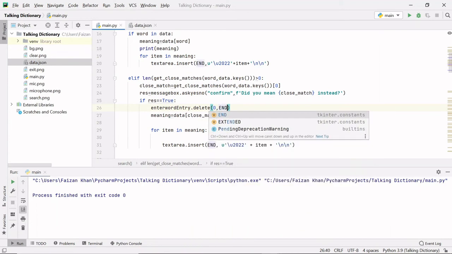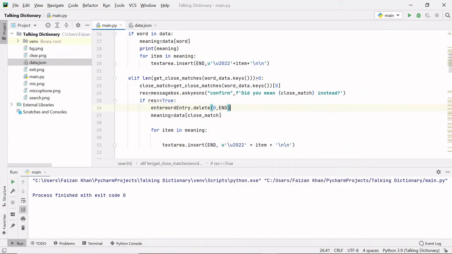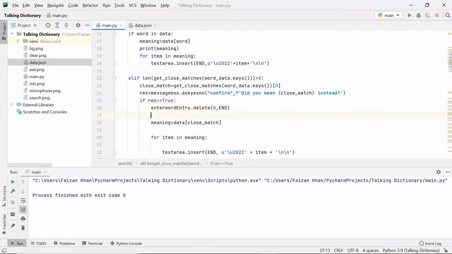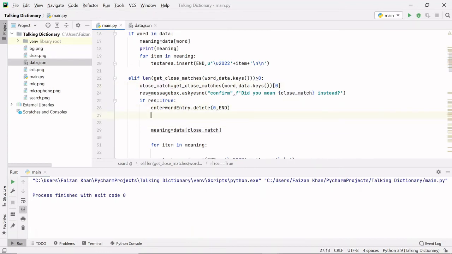So from 0 till end I want to delete everything. This wrong spelling will get deleted, and then I will simply insert the right word there, and the right word is inside this close match variable, right? So I will again use the enter word entry object dot insert method, and at the end I'll simply insert close match like this.